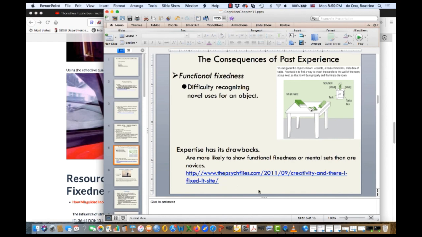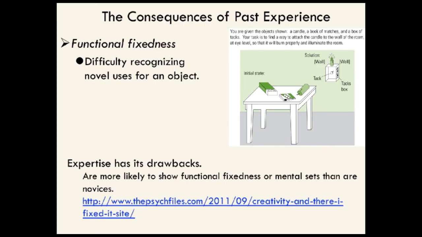So what we know about functional fixedness is that it is more common, surprisingly enough, among experts. The more expert you are at something, the more likely you are to lose the ability to see a novel or fresh use for something, and you're almost stuck in a rut. So actually, novices, beginners, tend to be much more creative. There have been research studies looking at physicists and other scientists and at when they develop their most creative and most influential work. It's usually really early in their careers when they're just out of school, not 20 years later.